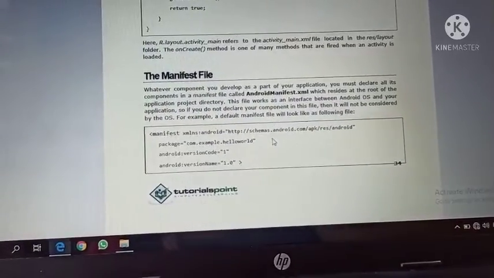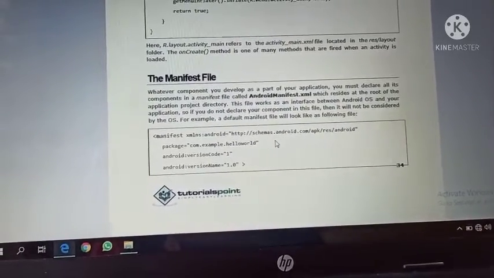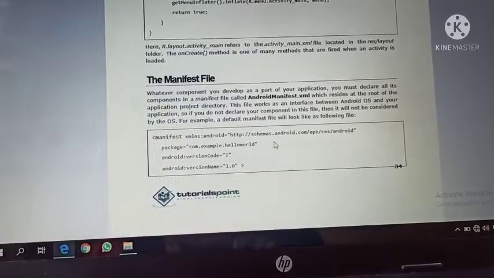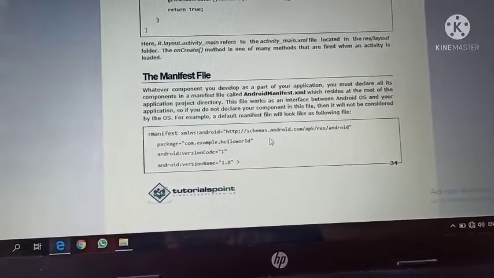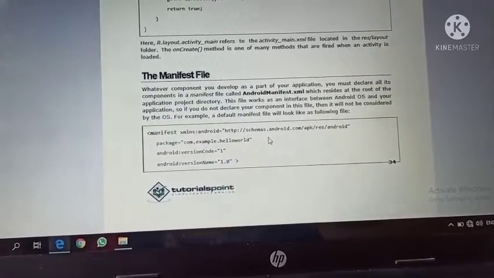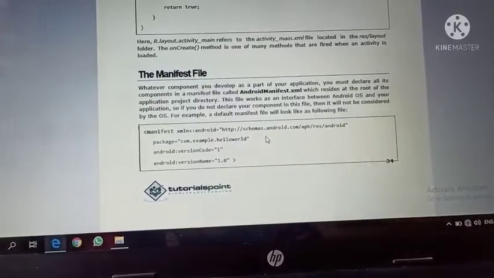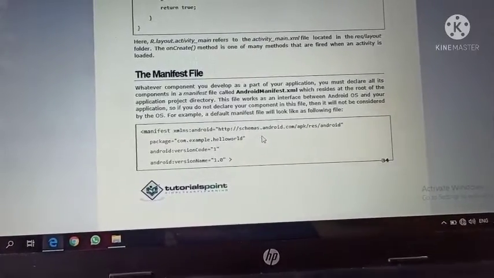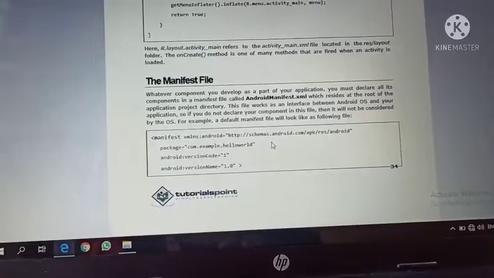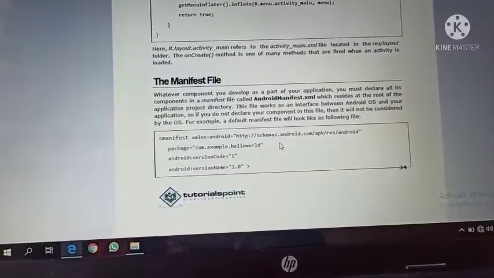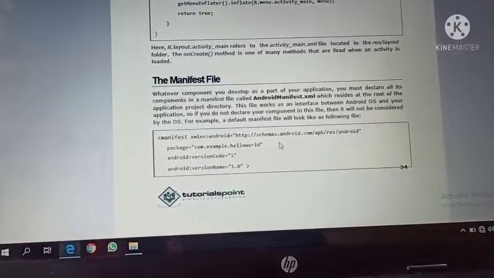For all these steps, first you need to download Eclipse, which is software where you can run the Android project easily. If you are not interested in Eclipse IDE, then you can download Android Studio. This is another software where you can write your Android programs.